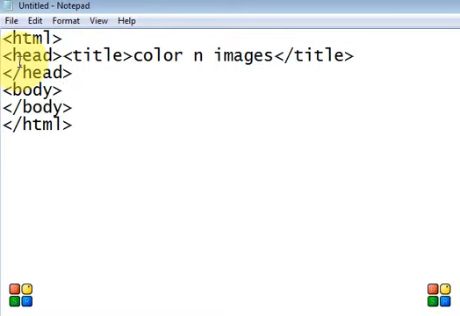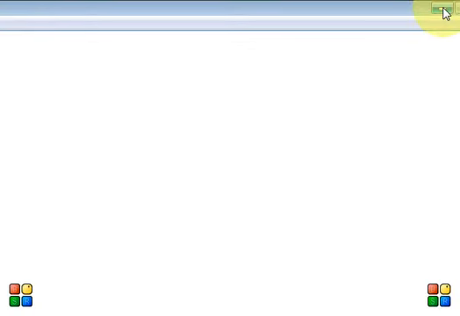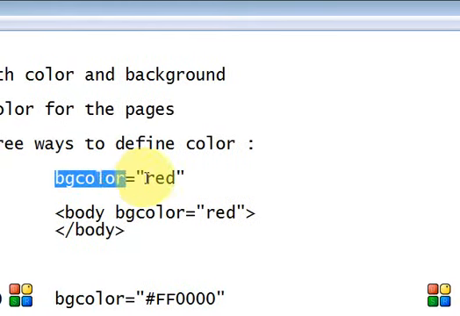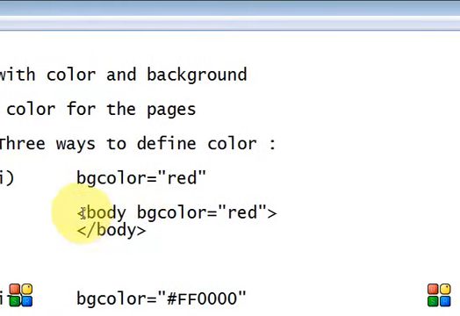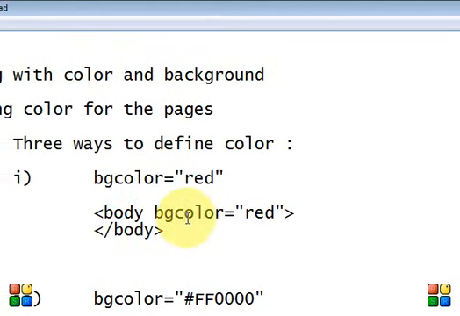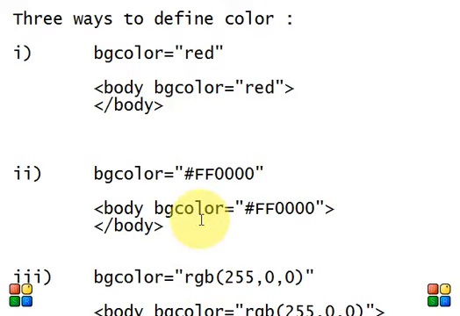Whenever we work with color, we include it in the body tag and write the code something like this: bgcolor is equal to red. When you write bgcolor in the body, the whole body will be filled with red. There are basically three ways to define a color.